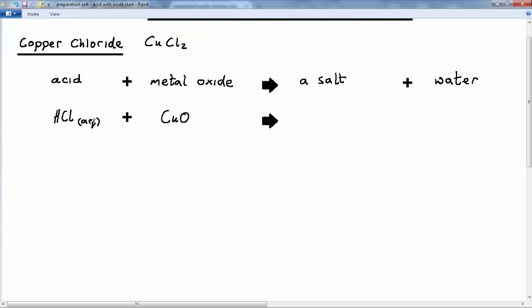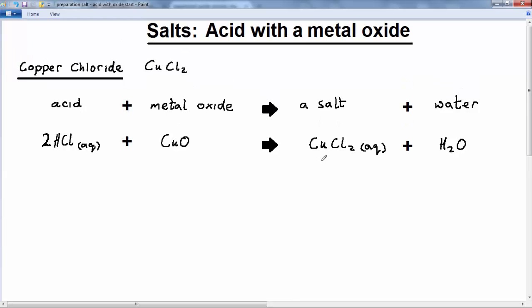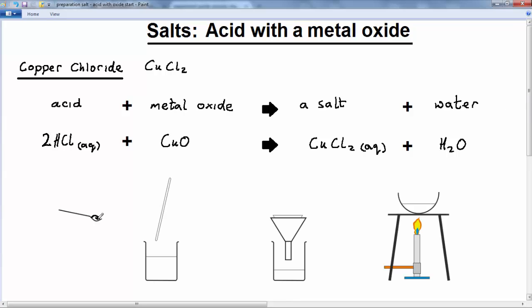So let's just put an AQ there because it's an aqueous solution of an acid, and that's being mixed with a copper oxide to produce a solution of copper chloride, okay, and water. So what we want to obtain is a solid sample of copper chloride. So let's look at the full procedure to obtain this. So what we're going to do is start off by adding our copper oxide here to a solution of hydrochloric acid, dilute hydrochloric acid,